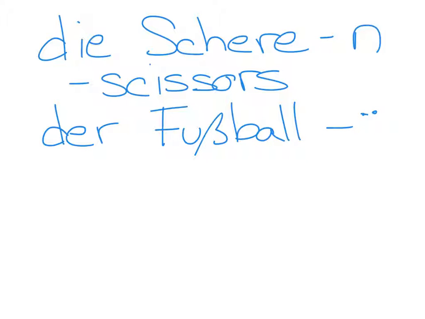Soccer. This one has two meanings. Everybody try that one. Der Fußball. It does mean soccer, and it also means soccer ball. So when you're using the plural, you're not going to say soccers. When you're using the plural of it, it's only going to be soccer ball. If you're saying the word soccer, like ich spiele Fußball, then you don't use the word. So it means soccer